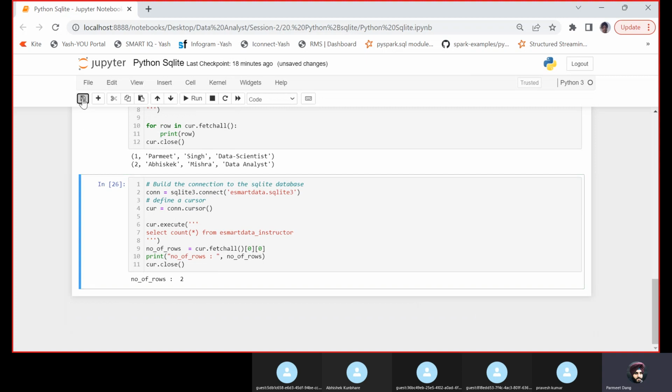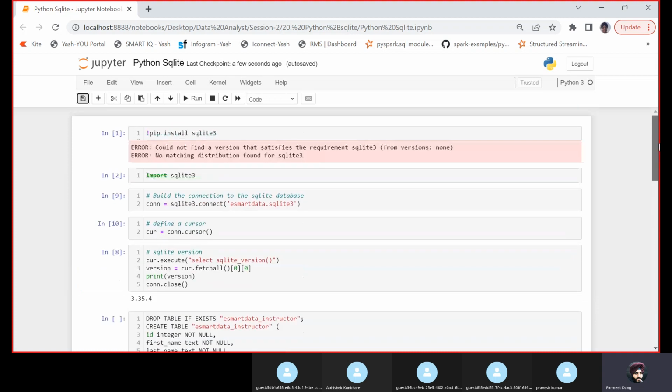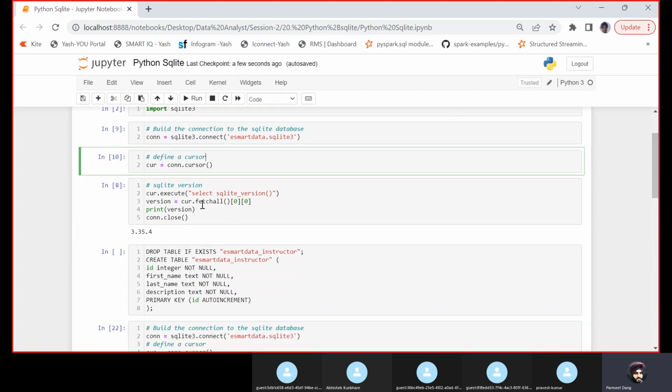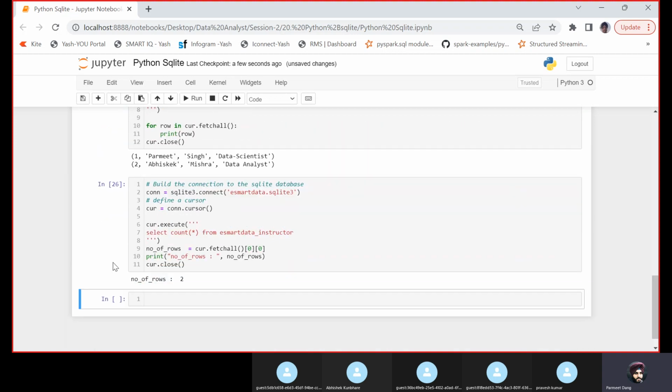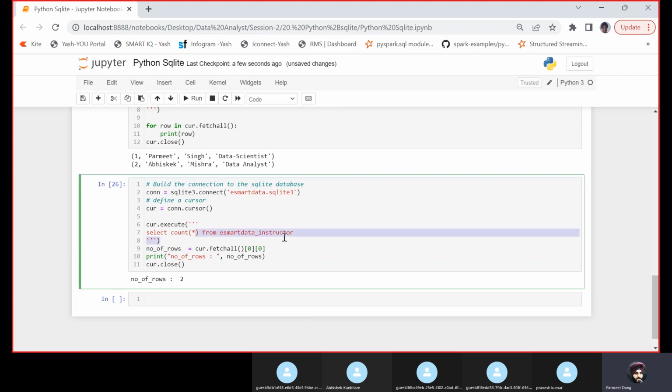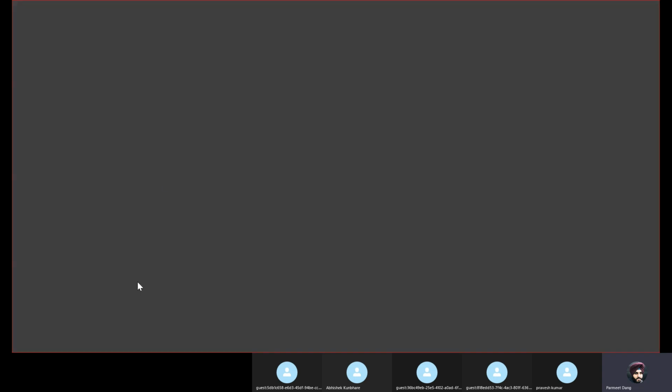So this was the overview that I wanted to give you about Python SQLite: how to install it, how to connect to it, and how to use the concept of cursors. So now you understand what is fetch, fetch all, fetch one. And we can write all the basic queries, or you can write complex queries also inside these scripts. So guys, I guess you got an overview idea about SQLite also. Let me know if you have any issues. I can take a more in-depth